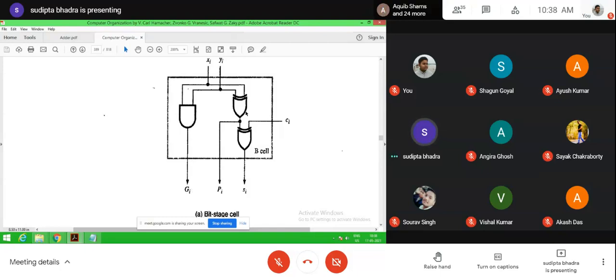Instead of OR we are using XOR, because if both inputs are positive, there is no need for the right hand side, since the output of the AND gate is already positive.